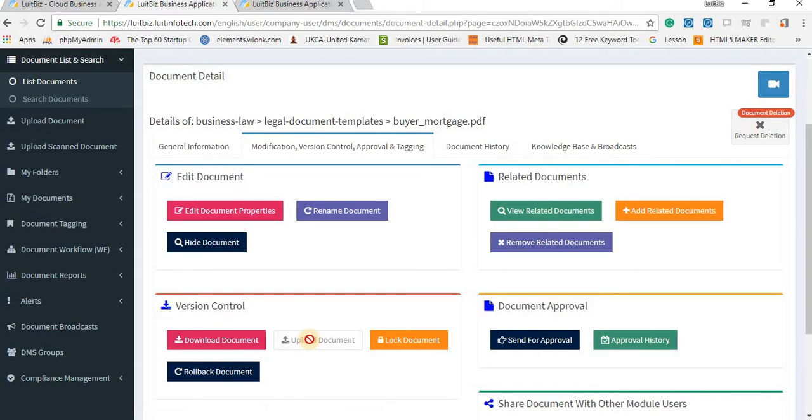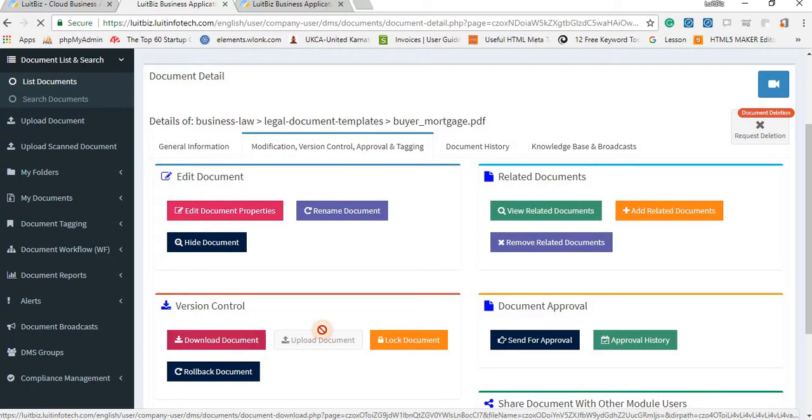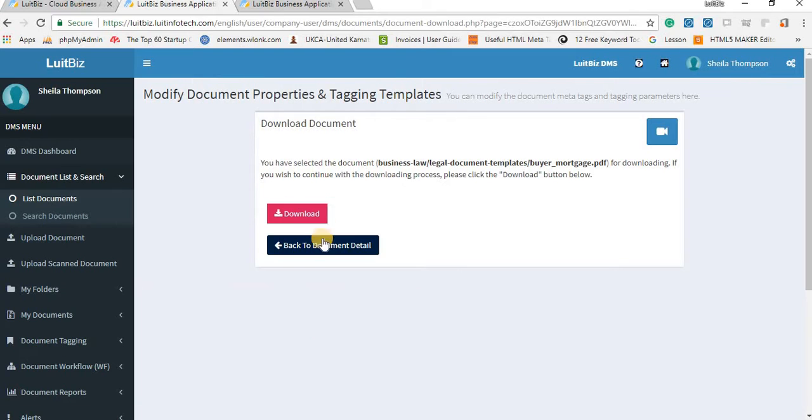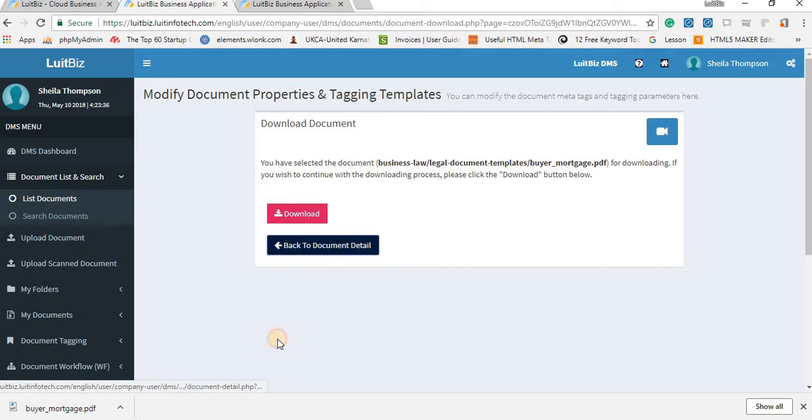Now you'll see that Upload is inactive and Download is active. So once I click on Download Document, the system downloads the document to my hard drive. I click on Download again, it just confirms it one more time and it downloads it to my hard drive. Then I can go back to my hard drive, make the modifications, and now if I go back to the